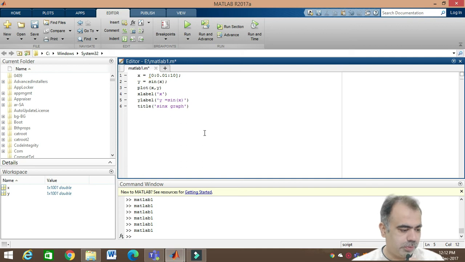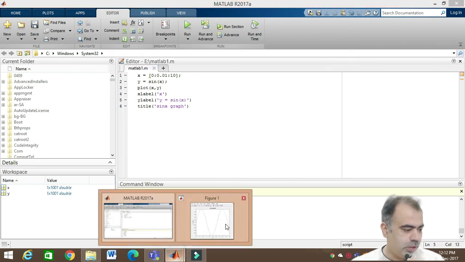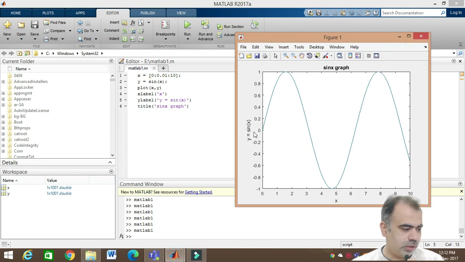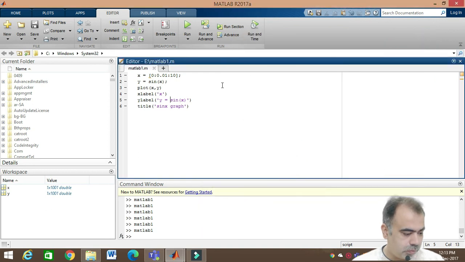I hope everybody understands how to do these kinds of tricks. If you want y equals sin x, or anything else you want to print, it will give it to you like this. So it is very easy to design graphs using MATLAB, and I hope everybody understands how to design sin x and cos x graphs using MATLAB.